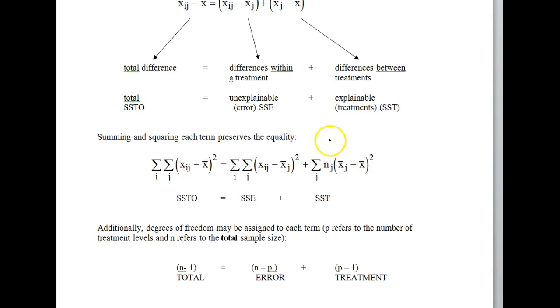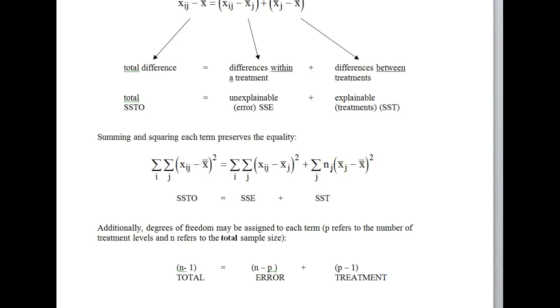So we go down here, and this SST is our mean of the treatment minus the overall mean. Okay, and that is basically how does the treatment, the mean of the treatment, deviate from the overall mean, right? So we're comparing the treatment itself, the treatment as a whole, to the overall mean. Okay, so that we get a deviation there, we square it, and then we times that by the number of data pieces